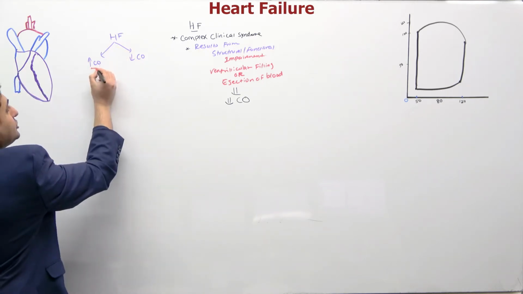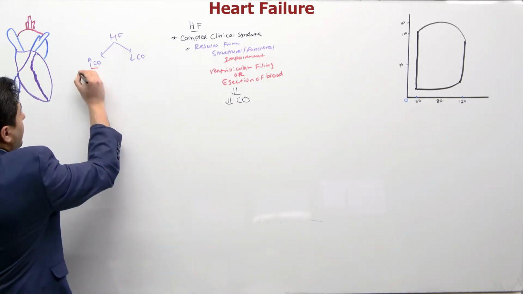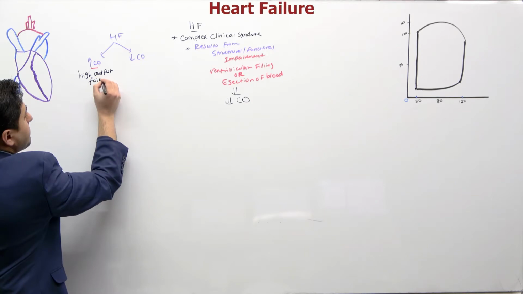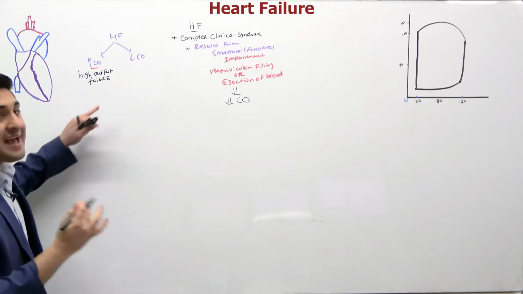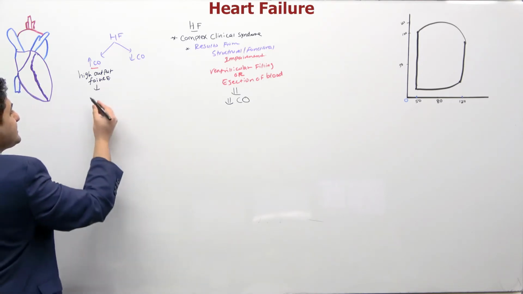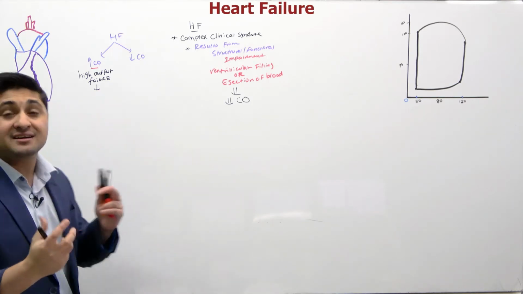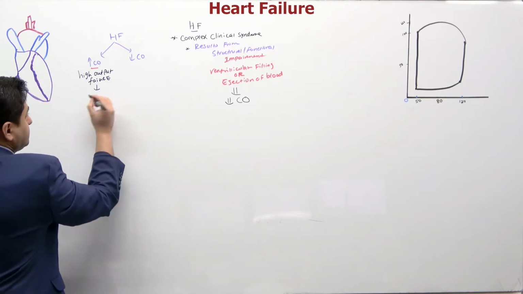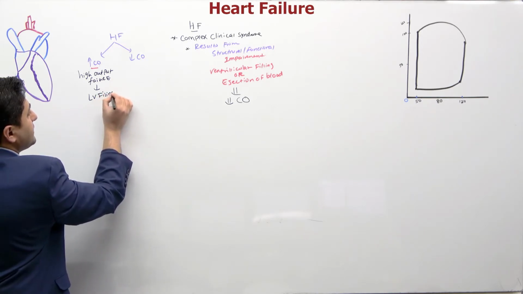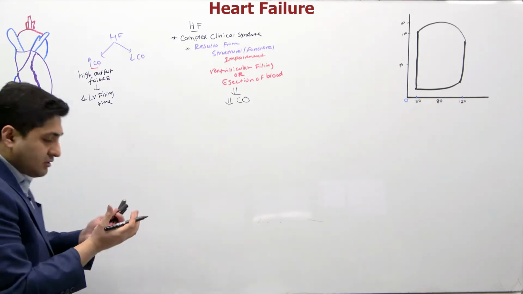So let me write down this high output failure here. This is a rare condition, but I have to mention it quickly. Some books say that this is caused by an increase in end diastolic filling pressures, or we can simply say there is a decrease in left ventricular filling time. So the ventricle is not filling with blood properly,